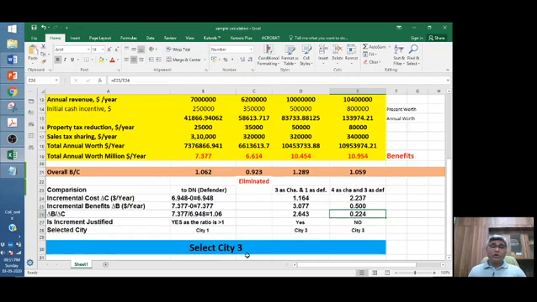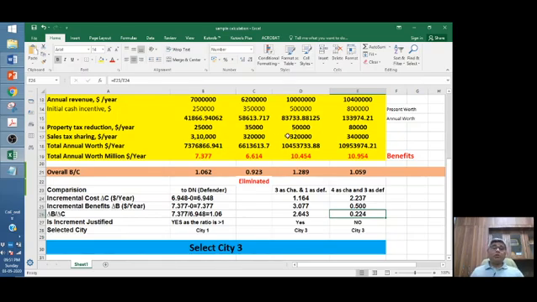So upon solving this, using the incremental B by C ratio and the overall B by C ratio, the answer to the problem is that for executing this project, on the basis of the B by C ratio, city 3 will be selected. So this is how we use incremental benefit to cost analysis when we have multiple options. Somewhat similar to what we did in case of two alternatives, and here we are just comparing in steps.